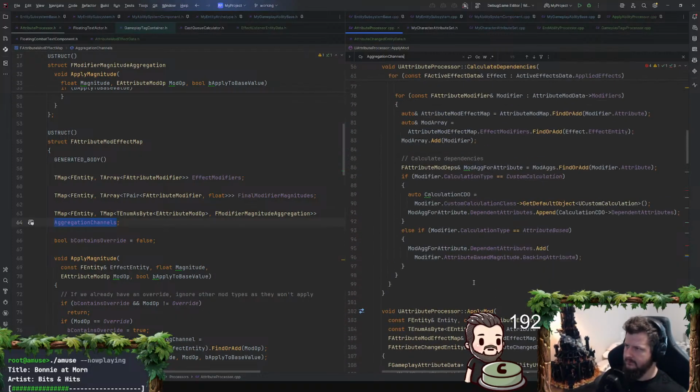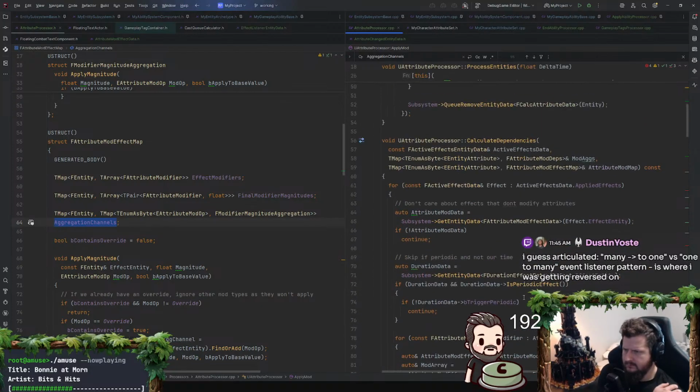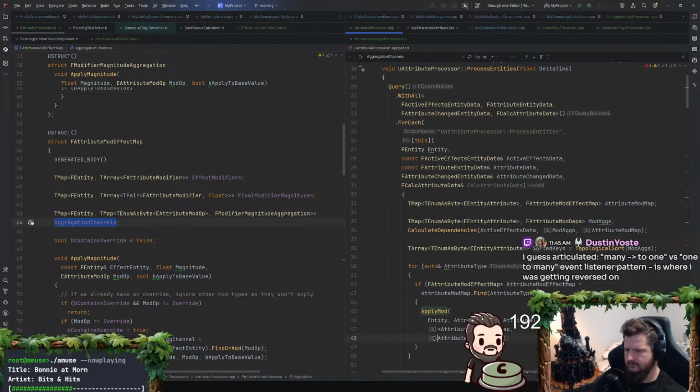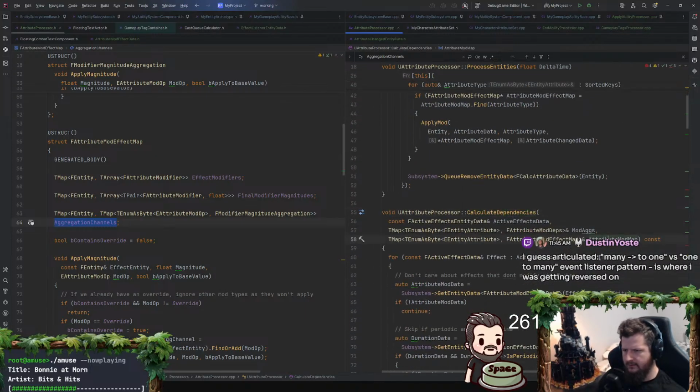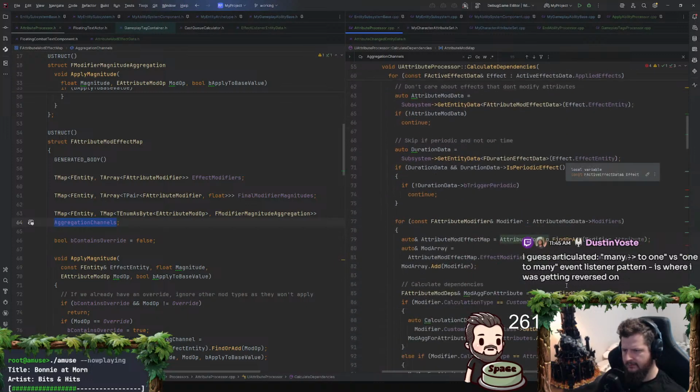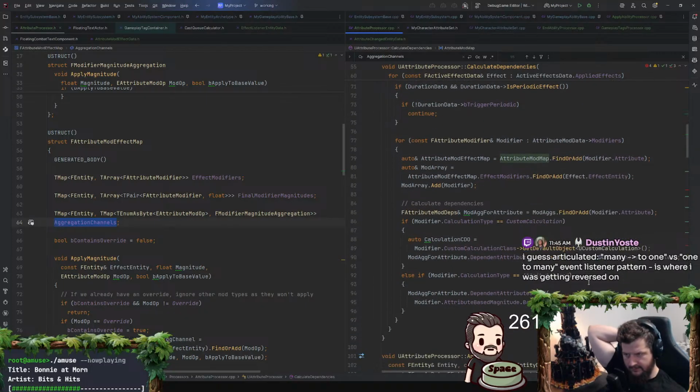Is this going to work? Calculate dependencies, attribute mod map, effect modifiers, find or add, calculate dependencies. Wait, do I never pre-populate that?